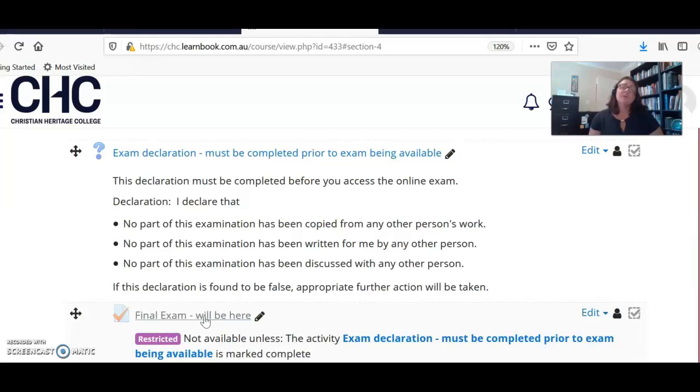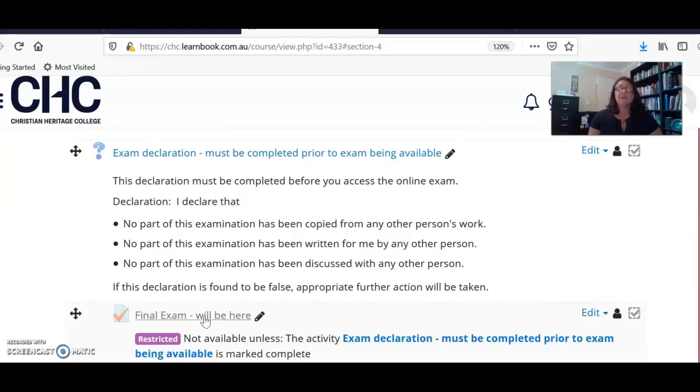For multiple choice type questions, you'll be able to select the answer right within the exam. You don't have to record it on a separate page. And for many of the other questions, you'll be writing your answers directly into the response section provided, or even for an accounting type exam, there'll be tables or journal paper, etc. there for you to record your answers into. So that will all be set up for you. Throughout the exam, again, you can look forward and back and see what question you'd like to do next. And if you happen to finish earlier, then you can check your work and then submit.